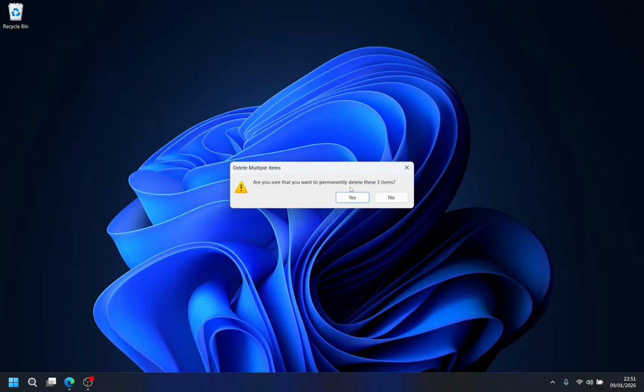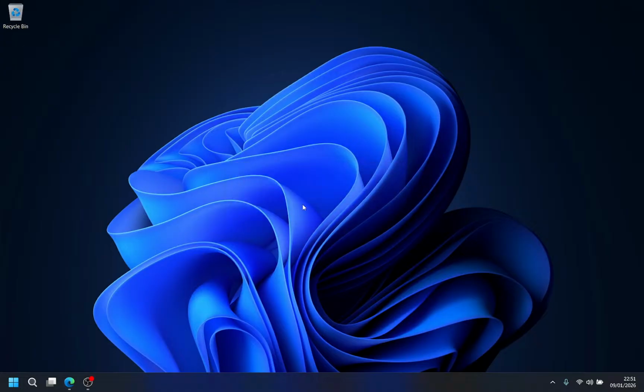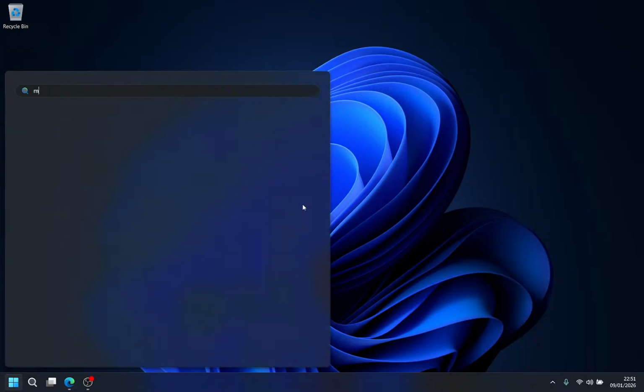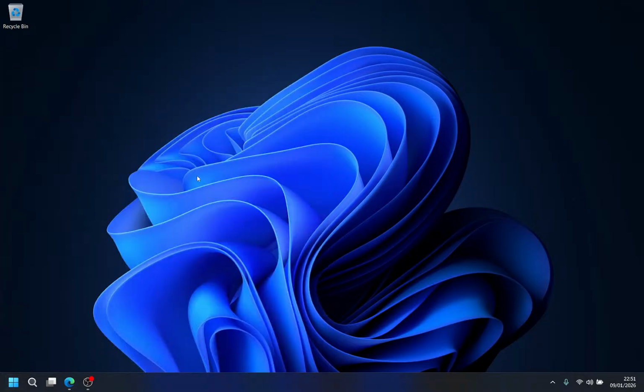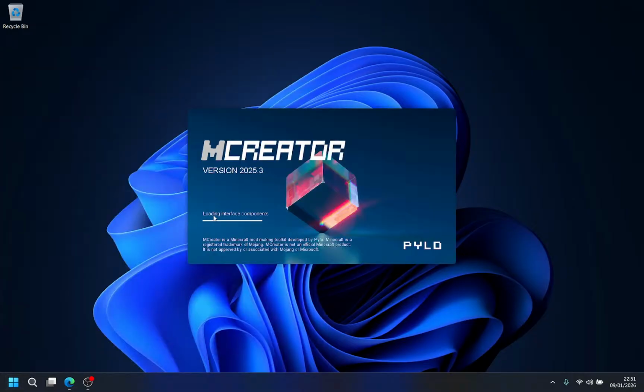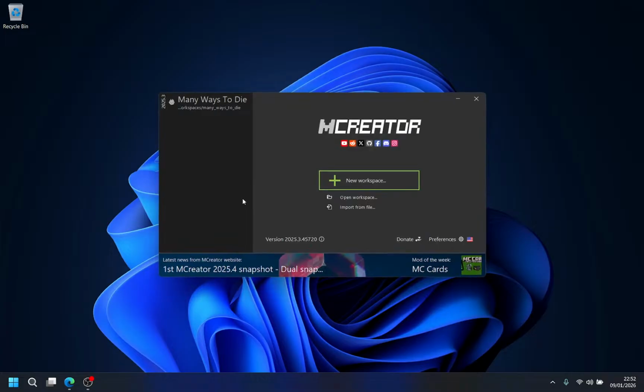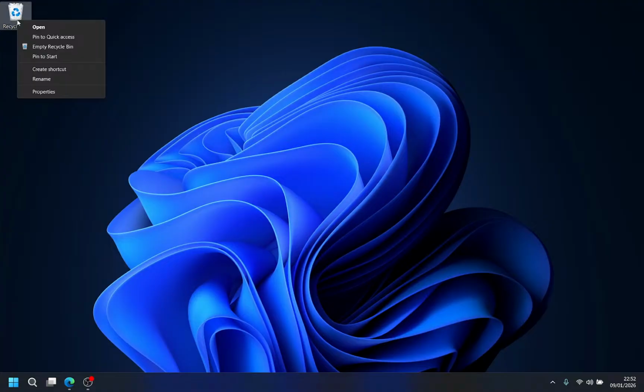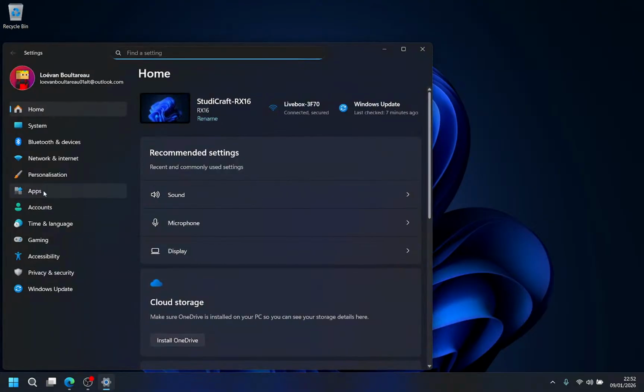Let me just uninstall my workspace entirely. I'm just so sad I can't do it. MCreator's bad. If you want to actually develop a mod, learn how to do so.